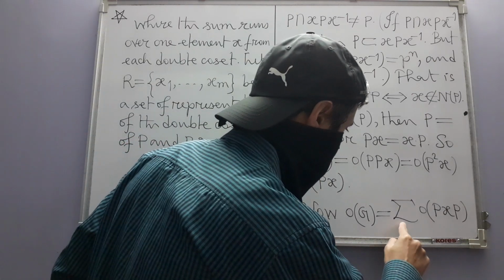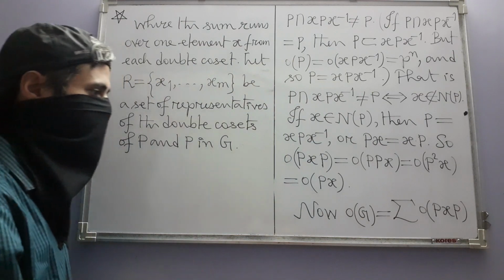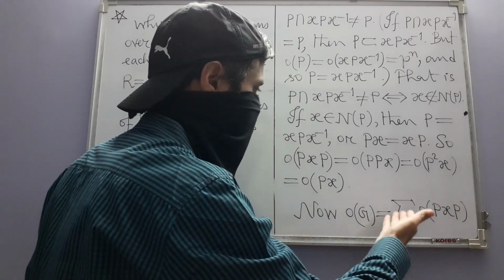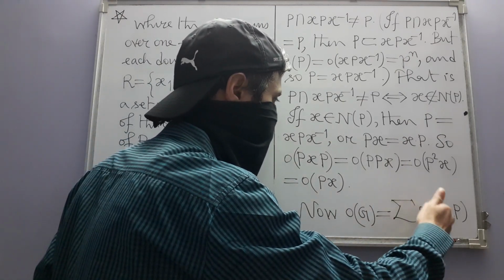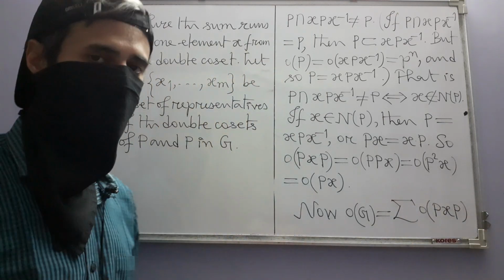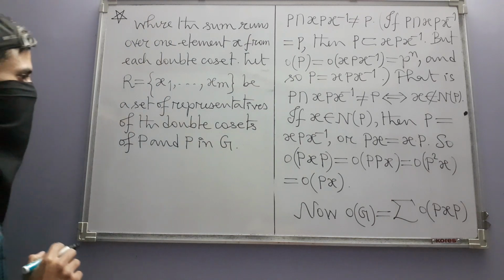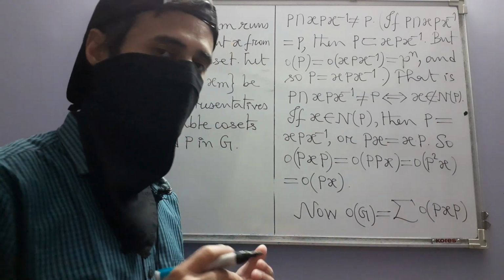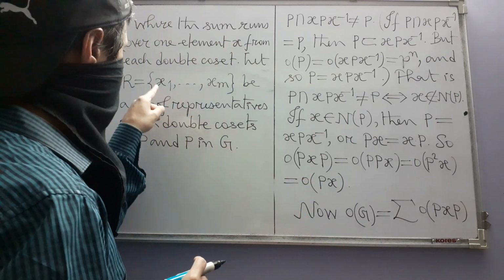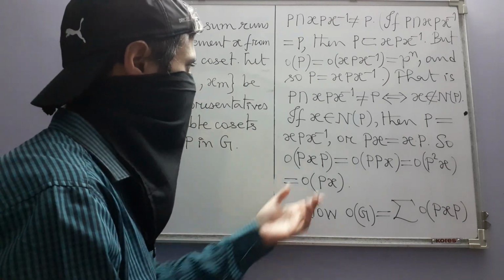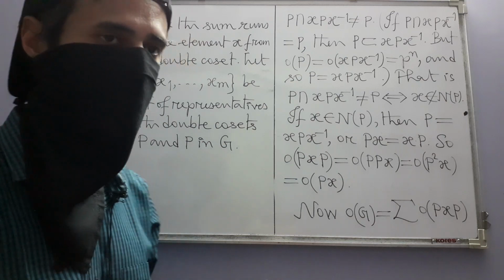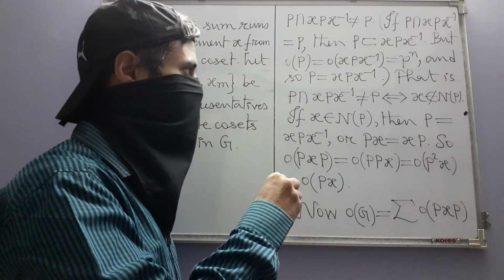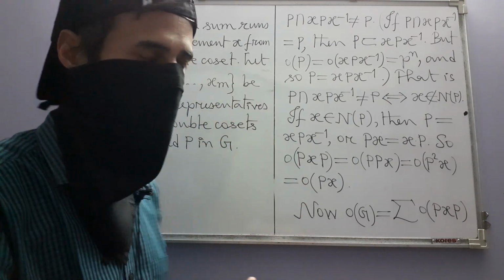And this sum is a sum in which x varies over R. In other words, you can write this sum as the summation of the order of p xi p, where i varies from 1 to m. Now this sum can further be split into two sums depending on whether each such representative is an element in NP or is not an element in NP. You arbitrarily choose some xi from R that either belongs to NP or does not belong to NP. So accordingly,